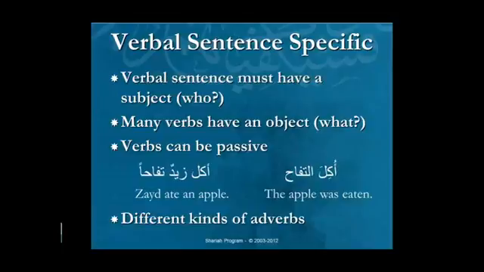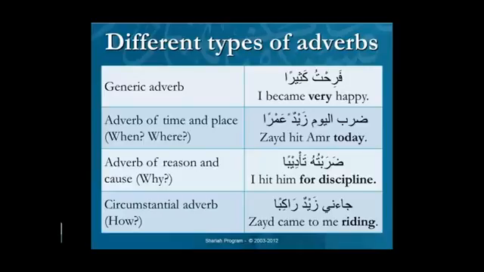Okay. And then there are different kinds of adverbs, because we have a generic adverb, which is just modifying the action or explaining the degree, the intensity, like slowly and quickly, or very, or the word extremely. Kathiran means extremely or abundantly, or even very. Farihtu kathiran, I became very happy. So we have our fi'al, which is the farih part, and then the subject is the tu, and then kathiran will be the adverb. So that's what we call a generic adverb. There's no time connotation to it. It's not answering the question where, it's not answering the question when, but it's modifying the action aspect of the verb.